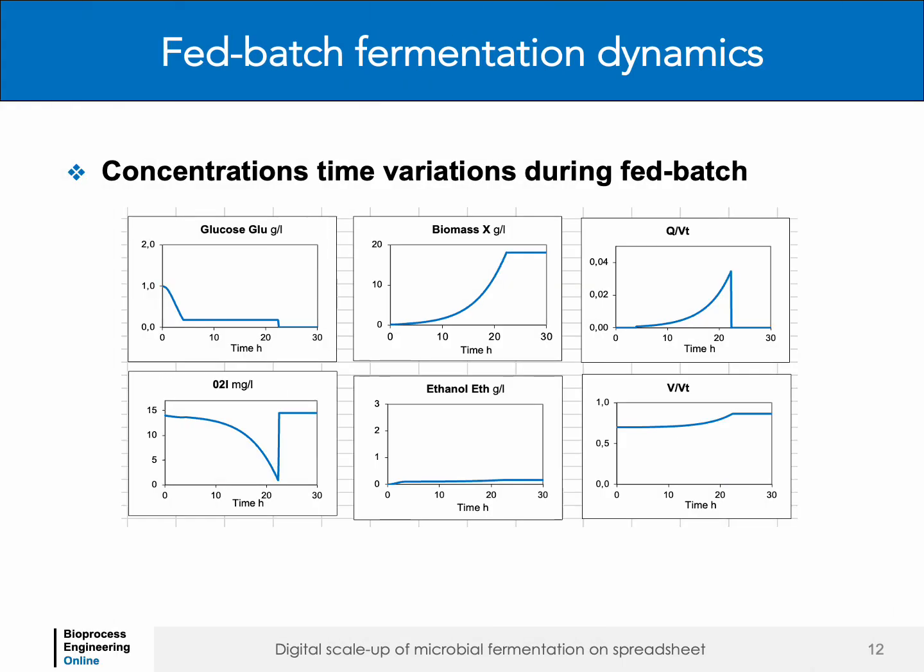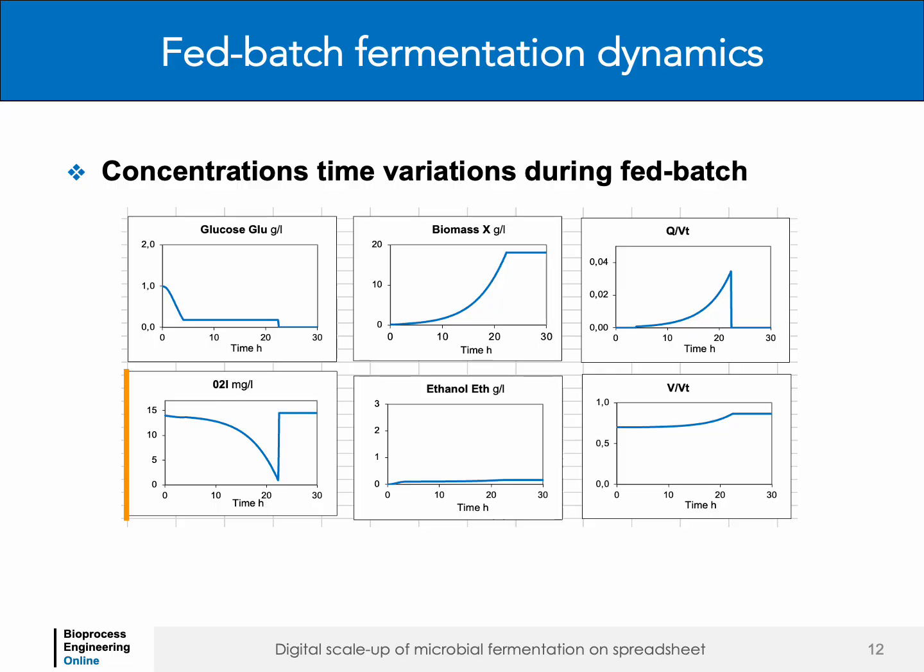Under the selected operating conditions, the simulation model predicts the dynamic behavior of the fed batch fermentation process. After an initial batch phase lasting several hours, the following behavior is observed: a regulated glucose concentration maintained at 0.2 grams per liter, an exponential increase in biomass concentration resulting from a constant specific growth rate of the yeast, an exponentially increasing feed flow rate required to maintain the steady-state glucose concentration, minimal ethanol production, and a gradual decrease in